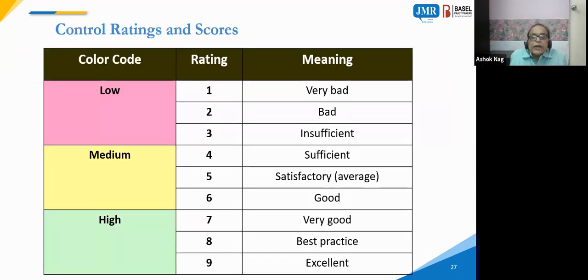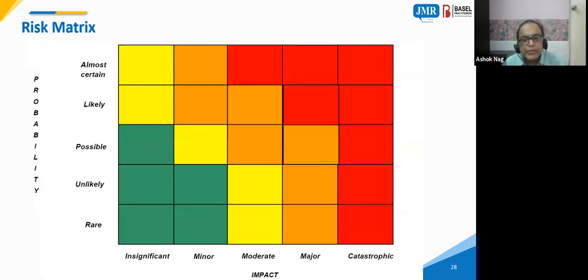So then we have a color getting this control. You have to see those controls. Once I do this kind of thing, I can aggregate it in some way and make an overall structure of what the control process is at a branch level, aggregated to a region level, zone level, or maybe a higher level. Then you have this risk matrix to be created.